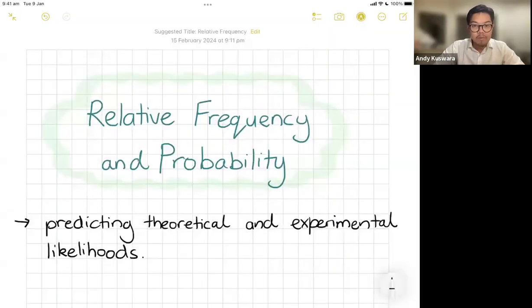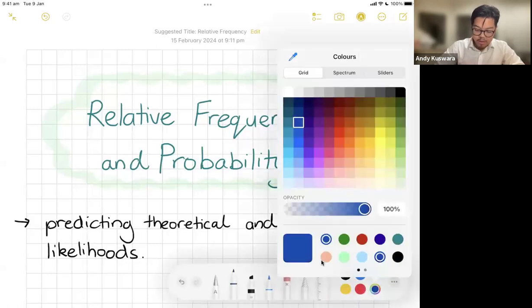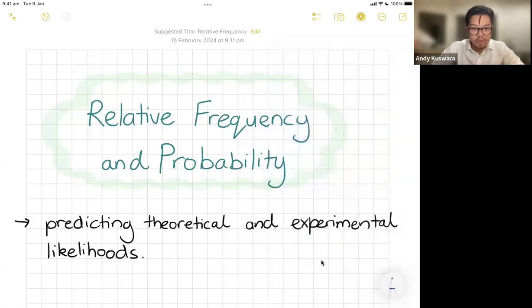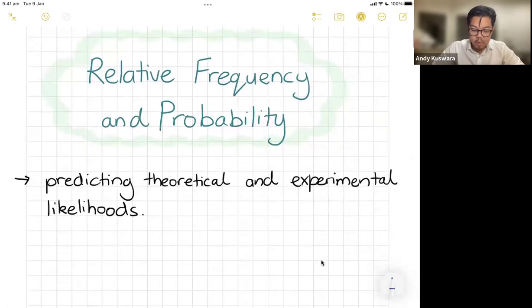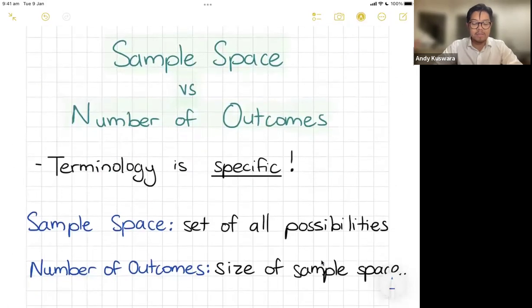We've got a new topic. All right, so we are now doing relative frequency and probability. And essentially, we're predicting theoretical and experimental likelihoods. Now this first lesson, all we're going to talk about today is the difference between a sample space and